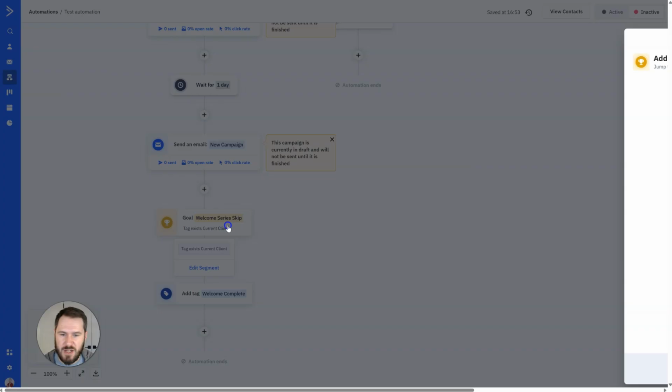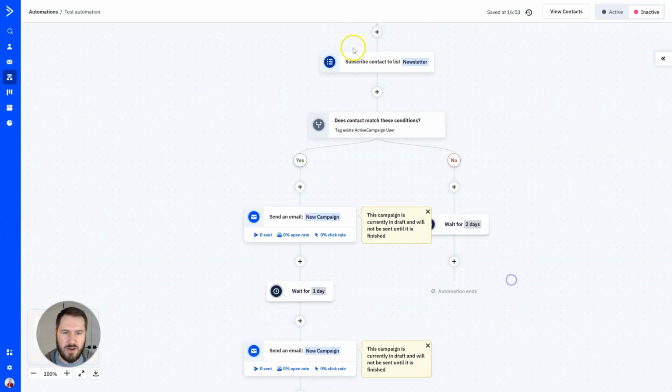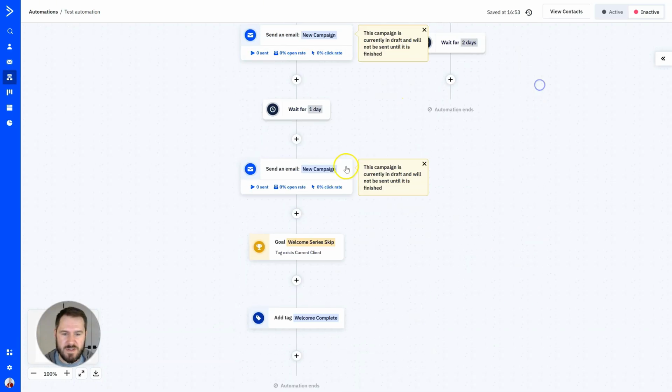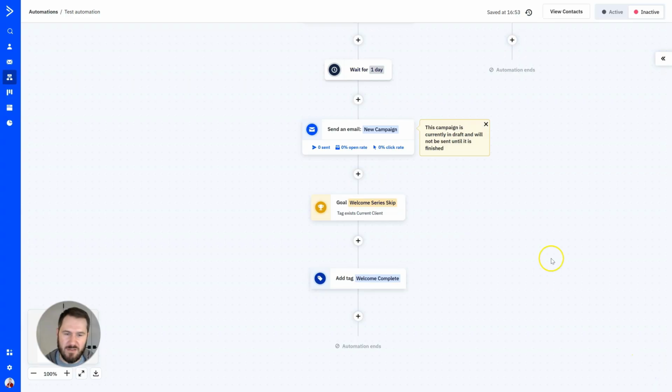So if I changed this goal to below contact position, and a contact is currently here, they won't skip to this goal if they are tagged current client. So that's a little differentiator. If you choose anywhere, it means no matter where they are in the automation, they will skip to this goal